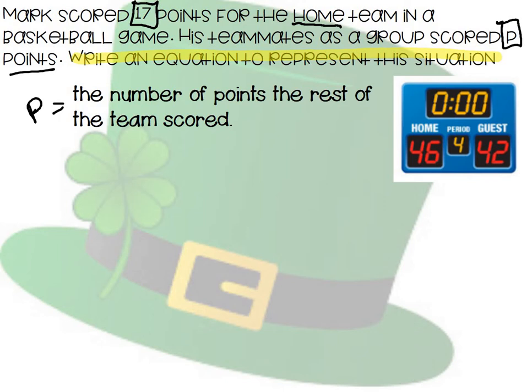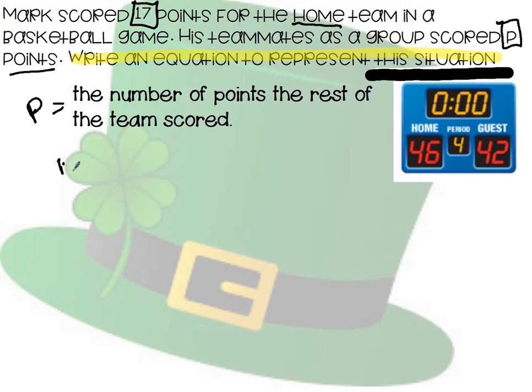So now in this case, a lot of times what students want to do is they just want to hurry up and get the answer and do subtraction. But that's not the case. Mark scored 17 points for the home team in a basketball game. His teammates as a group scored P points. So they're asking you to write an equation to represent this situation. This situation being that